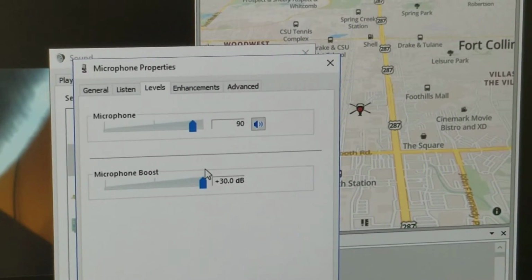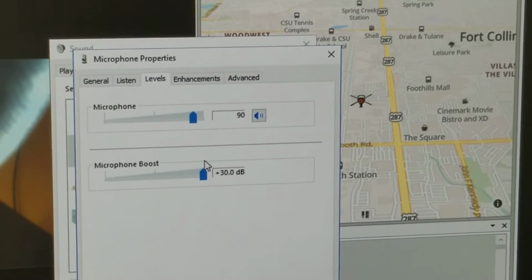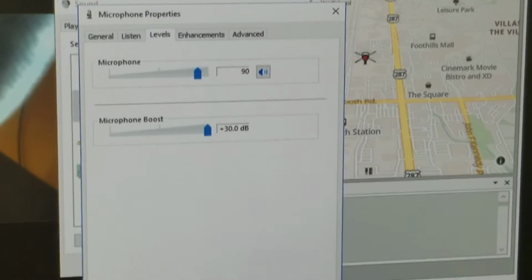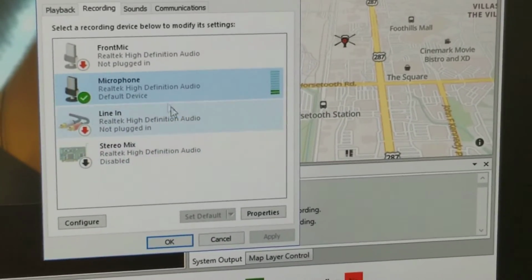That'll just boost basically as you're talking, it'll boost it through the microphone so it picks up more noise to your voice. So I would start there. My guess is one of those checkboxes isn't checked. Most likely